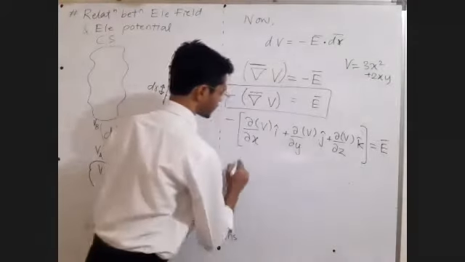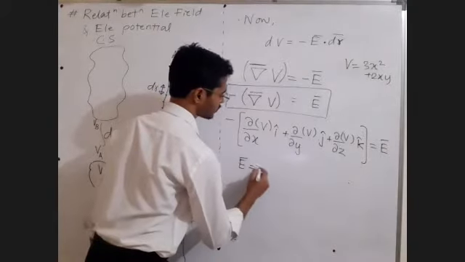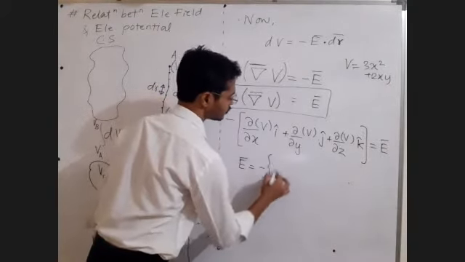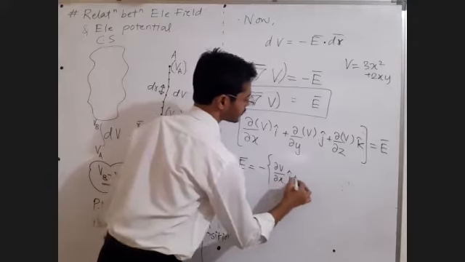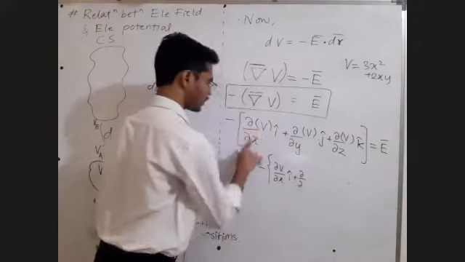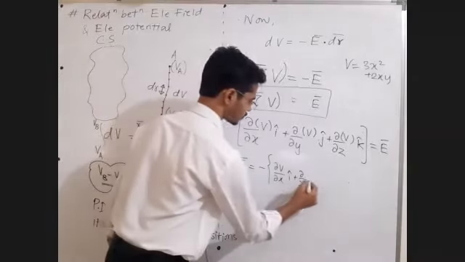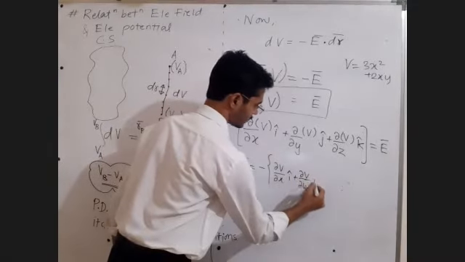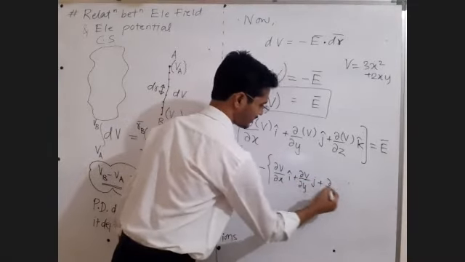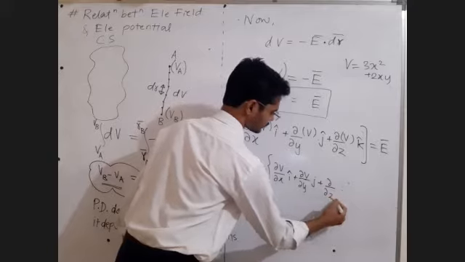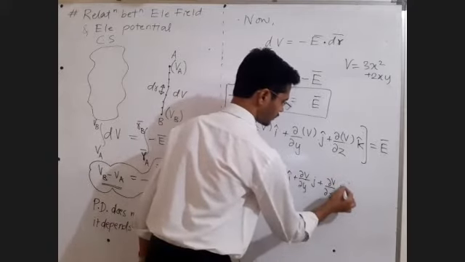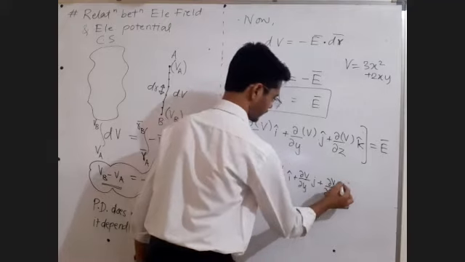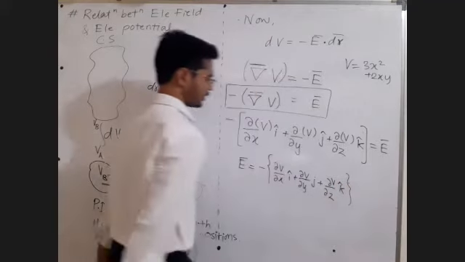Let me write this as E bar is equal to minus into the bracket, ∂V by ∂x into i cap, plus ∂V by ∂y into j cap. It's a derivative, but a partial derivative. How to calculate ∂V by ∂x, I will teach you, just don't worry. How to take partial derivatives, we will solve an example, but before that, reply to me up to this, clear and written. The formula should get clear.